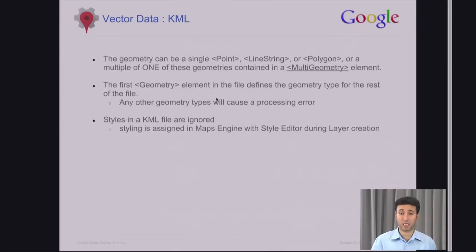If that is not the case, the upload and processing operation will fail, and you will be able to notice that in the data sources section once you click on the thumbnail. And so what you want to make sure of is that if you have files with a mix of geometry types, you separate the geometry types so that each KML file will only have one type of geometry. For example, let's say all point features, and you want to upload them as 3 separate